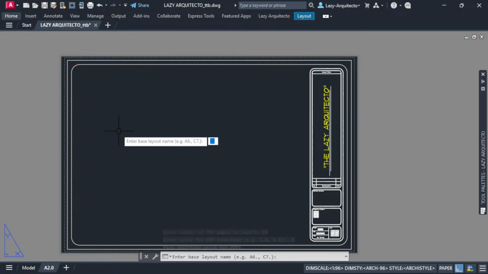It says enter the base layout name. So let's say, for instance, this needs to be an 8.1.0. Of course, we're also providing an example here. In this case, we don't need to include a 0, so I'm gonna erase that because I want everything to start from a 1 point and then of course the number. So I'm gonna press enter,